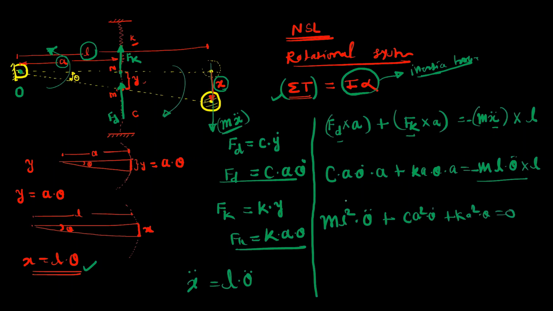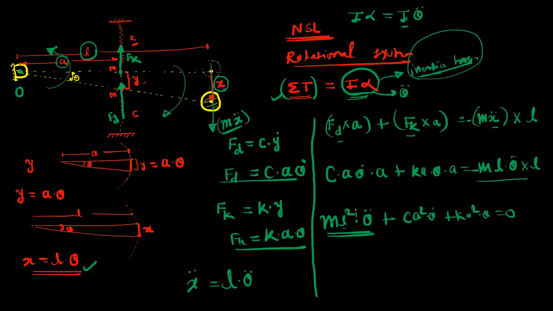Okay. So now the question is, as I have written here I alpha, and then I have written the inertia torque, how are both of these the same? So I alpha, where alpha is the angular acceleration, is theta double dot. So I can write I alpha is equal to I theta double dot. This I is the mass moment of inertia about the point of rotation. So observe this value.